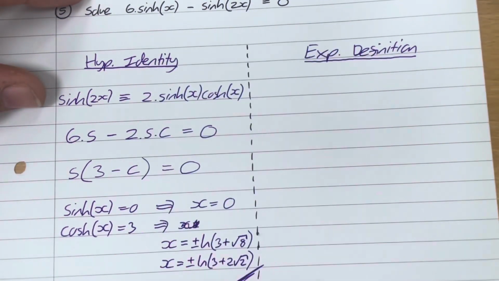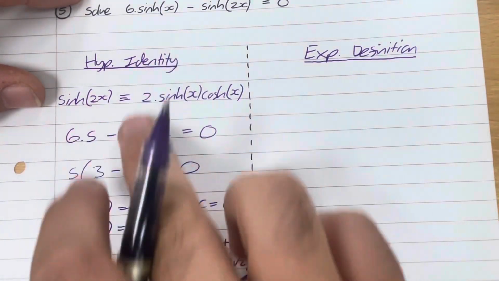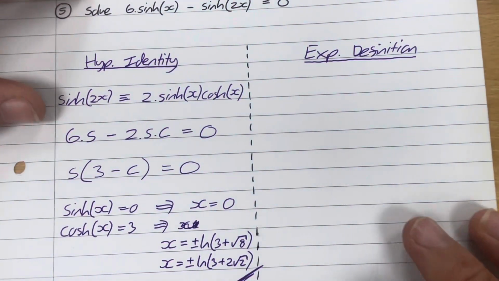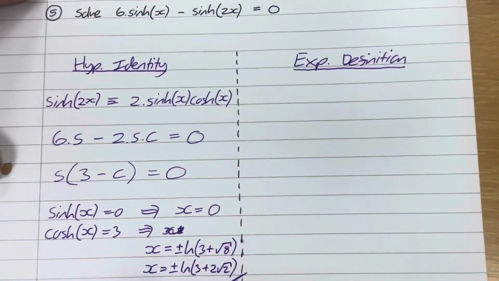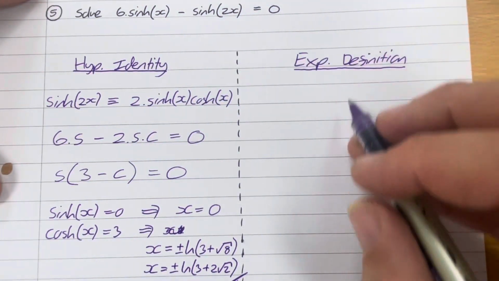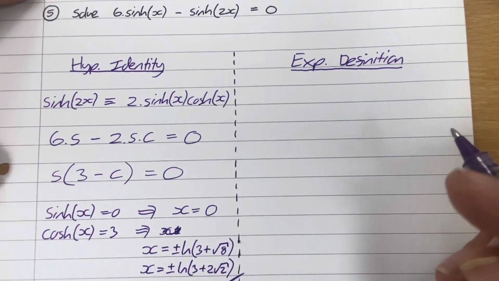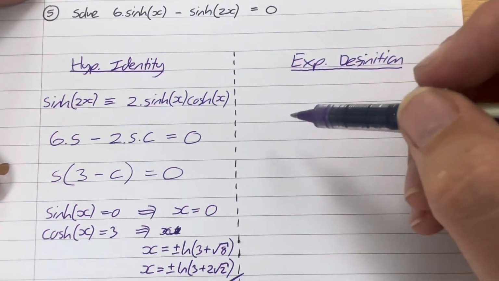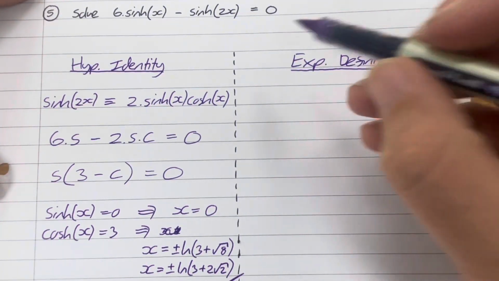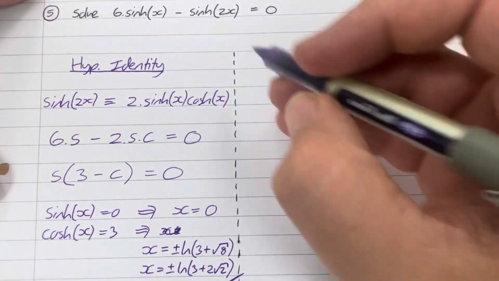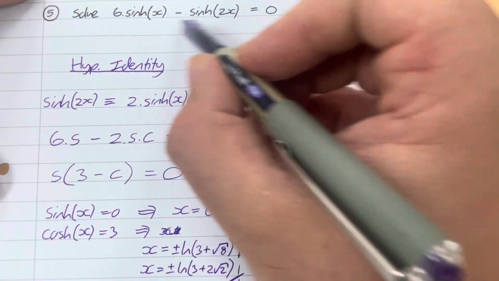You don't have to follow either of these, but sometimes a question will say to use a hyperbolic identity, in which case you must use this route. This one, some people prefer, particularly if you've got a good quality GDC, which will allow you to solve high order polynomials. So what I'm going to do here is jump straight to the exponential definitions